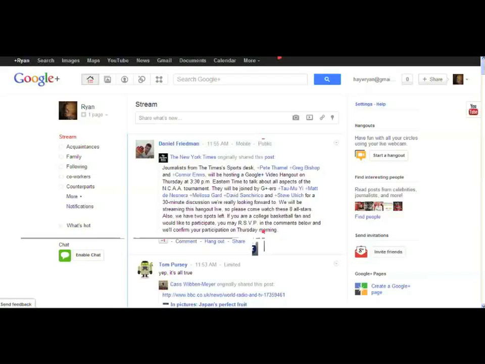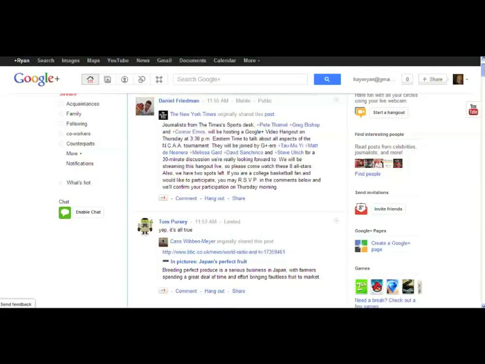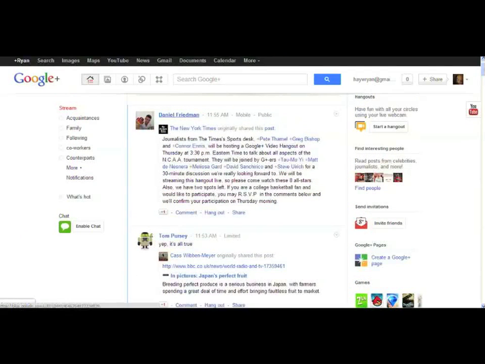Now, of course, in order to add social layers to all of our services that people already use, we need to have a core social experience, a profile, a place where people consume and share content. So that's really what this experience is at plus.google.com. When I log in, you have an experience that you're fairly used to. We have this stream where people that I'm connected with through circles, and I'll talk about this circles experience in a minute, can share content with me. So my friend Dan reshared publicly a post from the New York Times.